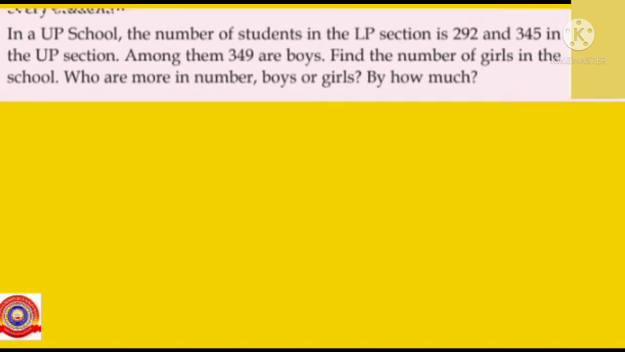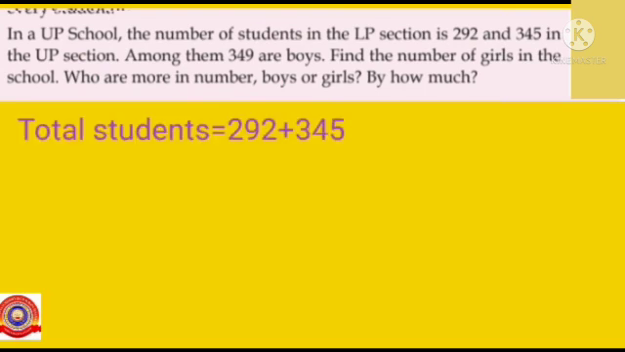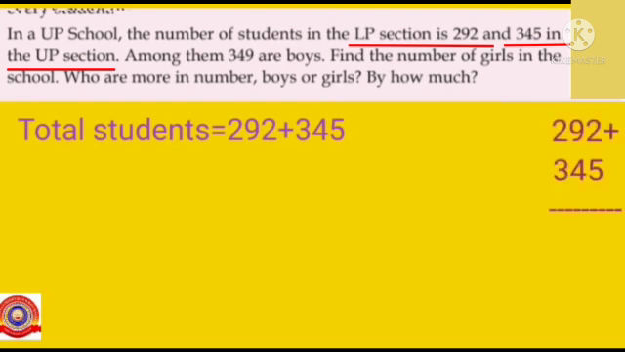In a UP school, the number of students in the LP section is 292 and 345 in the UP section. Among them, 349 are boys. Find the number of girls in the school. Who are more in number, boys or girls? By how much? First, we have to find out the total number of students. For that, we have to add number of students in the LP section with number of students in the UP section. That is 292 plus